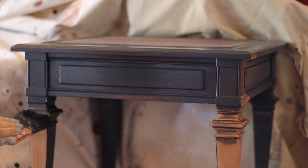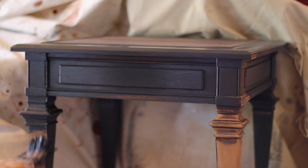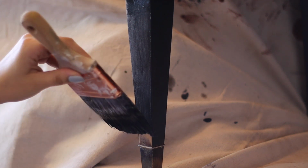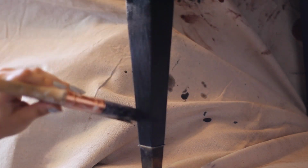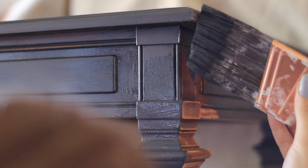For this project, I am using a really nice quality brush, again, just to make sure that there's very few brush strokes involved. You could use a sponge, but because of how textured and small the lines are on this table, you really have to use a brush to get into every nook and cranny of it. Otherwise, your roller or your sponge is just not going to really cut it in terms of actually getting into all these details, and you're gonna have sort of a messier job, especially up at the top where I'm trying to leave a very thin line between where the wooden stained portion of the table is versus the actual painted